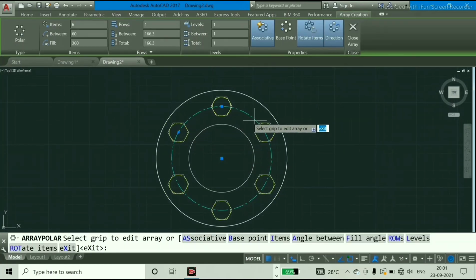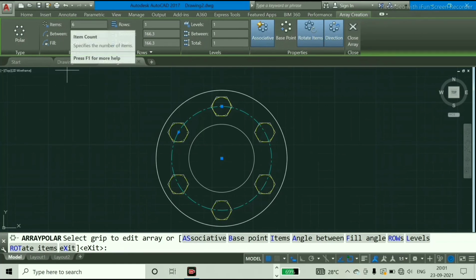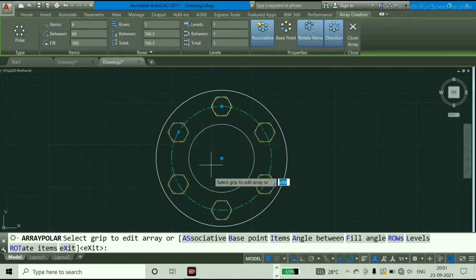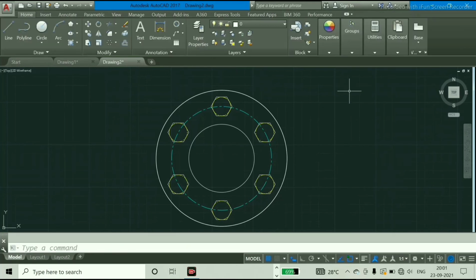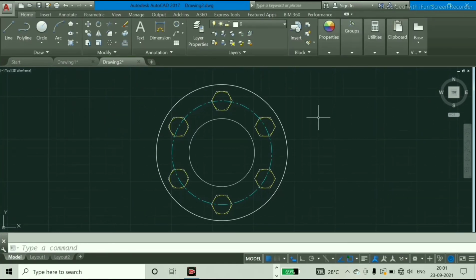See, it creates my 6 items in the item box. Here you can see the number of count. I have typed 6, so it creates the 6 hexagon nuts. Close it. Now our geometry is created.